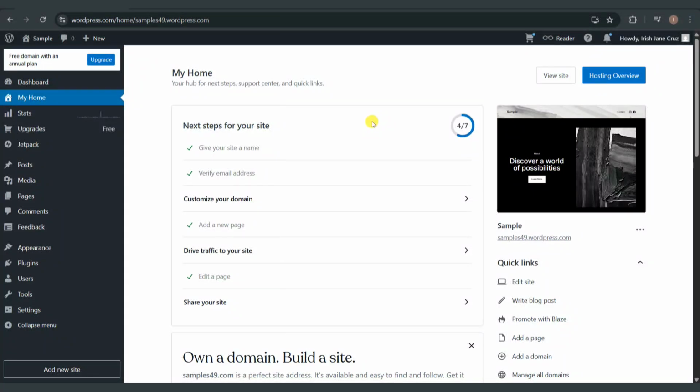How to make a landing page in WordPress to sell products. Creating a landing page in WordPress to sell products is a powerful way to drive conversions and showcase your offerings with clarity and impact. So to get started, go ahead and open WordPress.com, sign into your account, and then choose